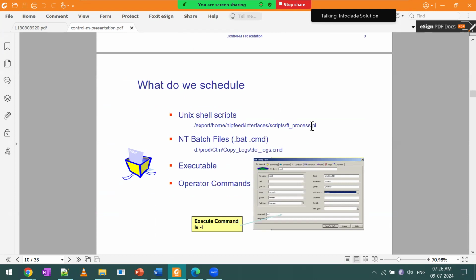So as I told you, how we schedule, we can provide the Unix shell scripts or NT batch files. You came across any .bat or .cmd files, right? So those are something, but let's take